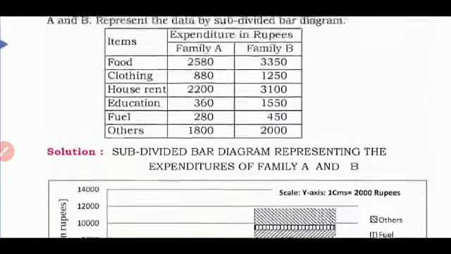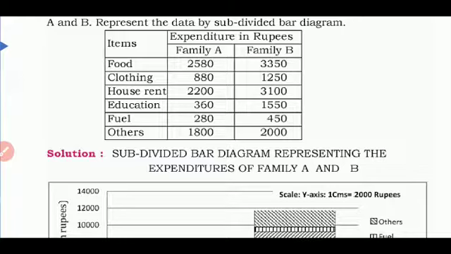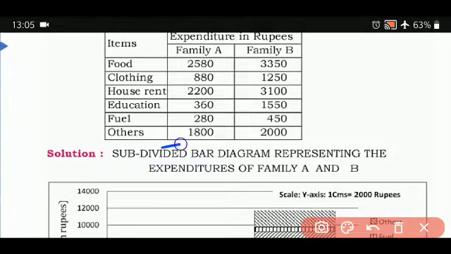To make things easier, first and foremost you have to make the total of this. You are going to make the total of these two, and we will see what the total is. 24 plus 6 is 0, carry over 1, then 10, 15, 8, carry over 1, 4, 5, 6, 7. Hope my total is correct. Let me check once more.